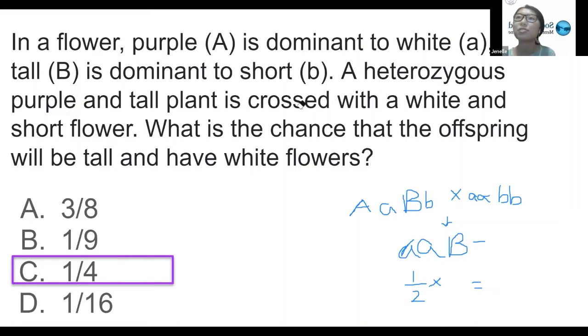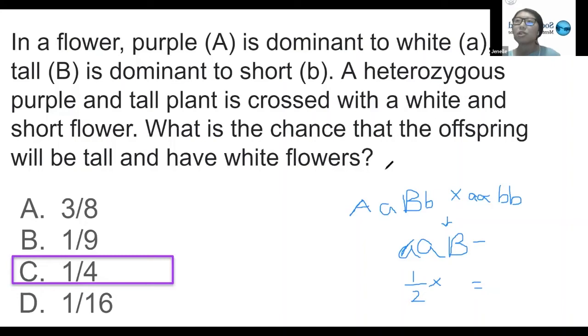So first, for the question itself, we are trying to determine, so the question says, in a flower, purple is dominant to white, in which case purple is the big A here and white is the little a. And tall, which is big B, is dominant to short, which is little b. And so first we know that we have a heterozygous purple and tall plant that is crossed with a white and short flower. So we're looking at what is the chance that the offspring will be tall and have white